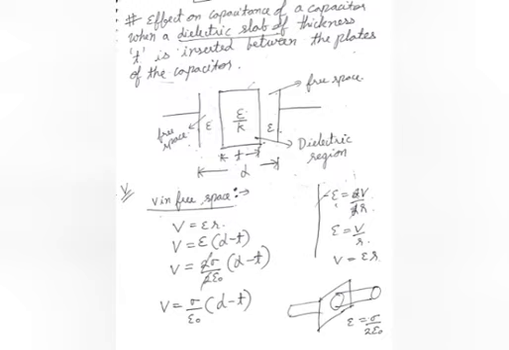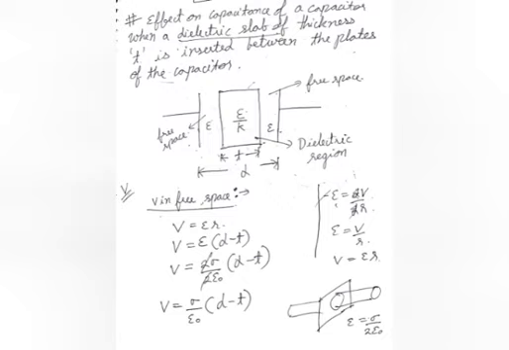Okay. Now what is the value of electric field E? This is a topic which we have studied in the first chapter, that the electric field due to a single plate is sigma upon 2 epsilon naught. But since there are two plates over here, that is, the capacitor has got two plates, therefore we will put a 2 in front of it. That is, the total electric field because of those two plates would be 2 sigma upon 2 epsilon naught. So 2 and 2 would get cancelled out and we are left with sigma upon epsilon naught. And further the value of r is d minus t. So the total formula for V in free space becomes V is equal to sigma upon epsilon naught, and in brackets we write d minus t.